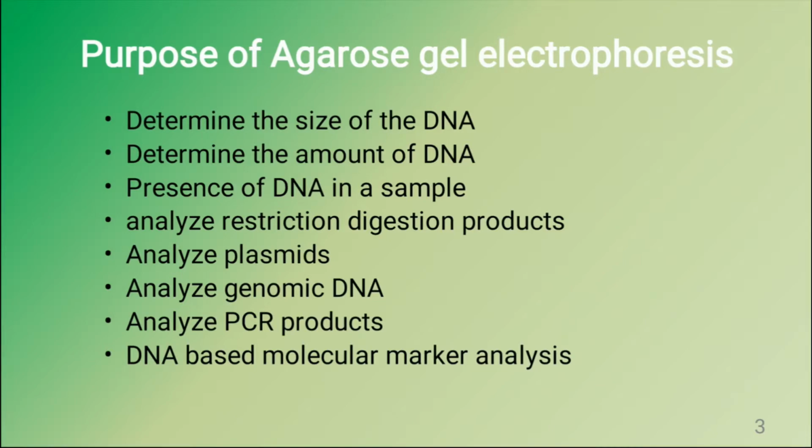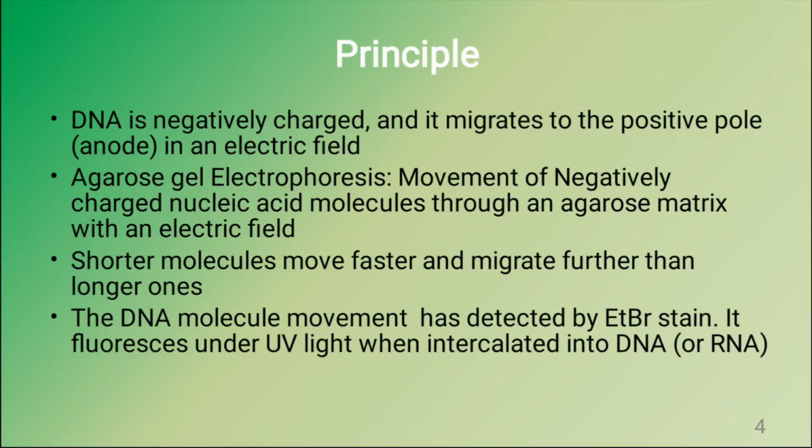And in restriction digestion analysis, agarose gel electrophoresis is essential for isolation of a specific fragment of the DNA or gene of interest, and this helps to analyze plasmids by restriction mapping, and we have to know the size of the plasmids and quality of the plasmids. This also helps to analyze the genomic DNA, whether it is in good condition or in degraded condition, and we can use it to help analyze the PCR products. And in DNA based molecular marker analysis, agarose gel electrophoresis is an inevitable tool for successful completion of the marker associated studies. Now we will see the principles involved in agarose gel electrophoresis.